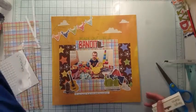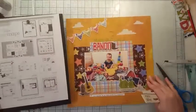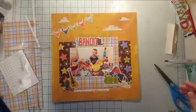So again, I used a Page Maps May 2021 sketch to inspire my sketch for today. If you guys have any further questions...